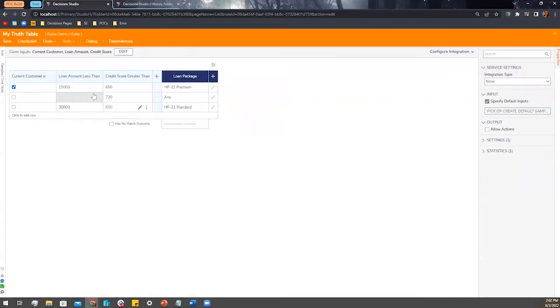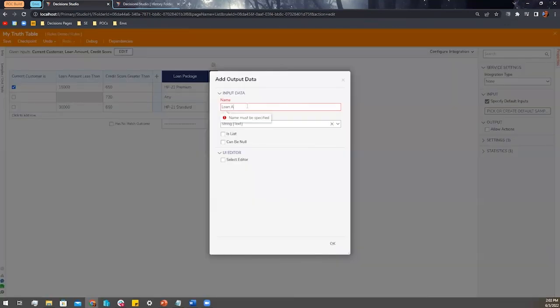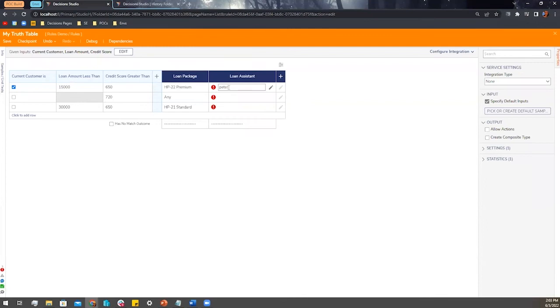Now that we have just a single output showing up, we can also go and have multiple outputs showing up. So instead of just having this loan package result, we can also have a loan assistant. Maybe we want to be able to have an email sent out to somebody based on this result. It takes some time to define these here. All right, this looks great. So now, whatever rows return true, not only will return the loan package, it's also going to return the loan assistant. We could also test this in the debugger, but just for time's sake, we're going to go over